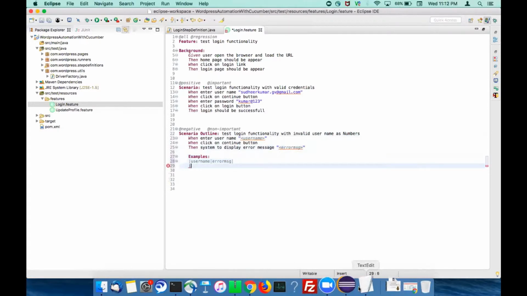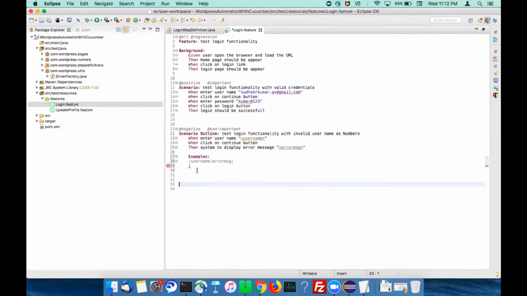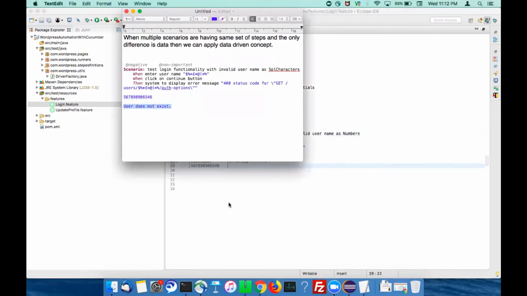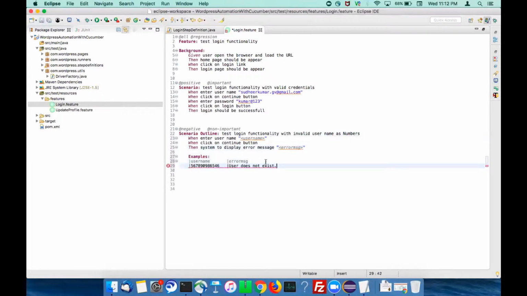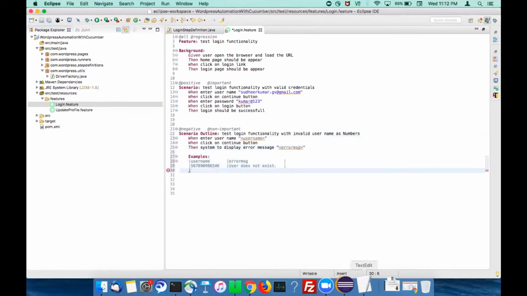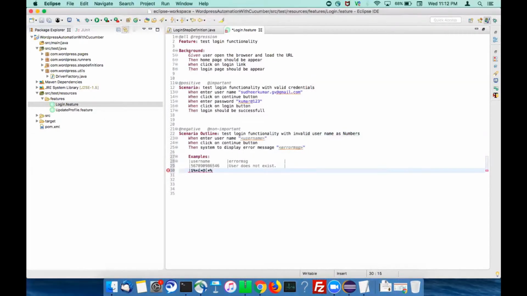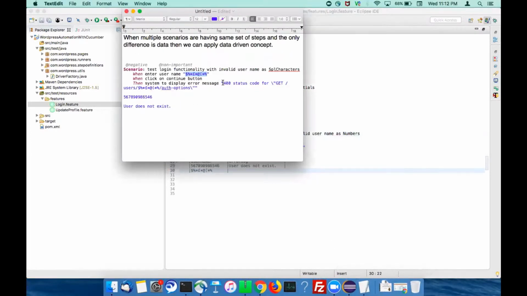The username is a number. You have to keep the data in a tabular format. And the error message is user does not exist. This is one set of data. Now the second set of data is where we are passing special characters. And the error message is